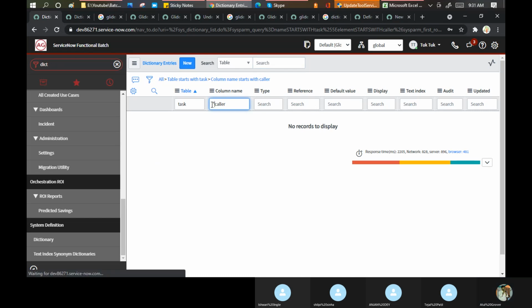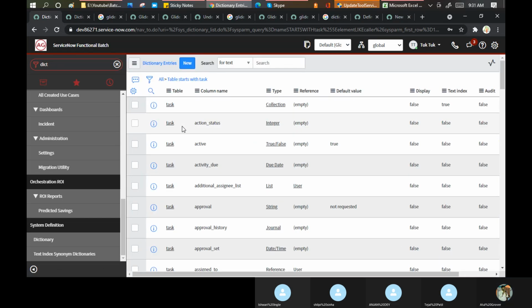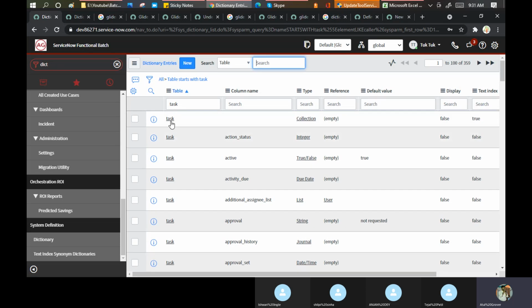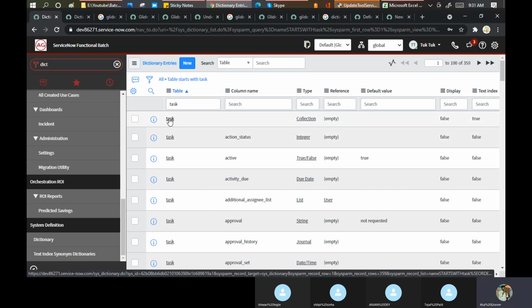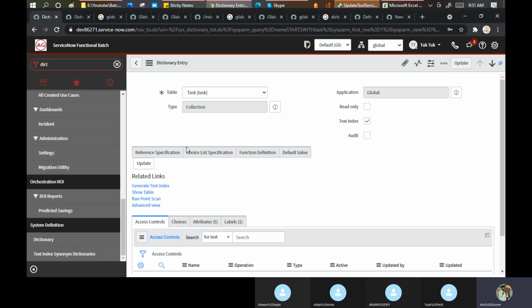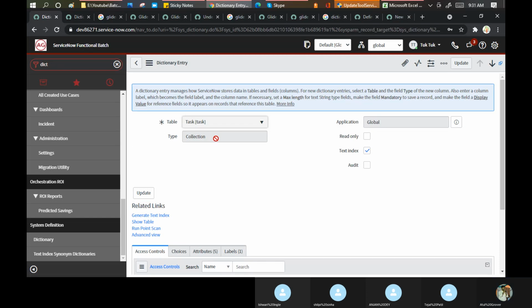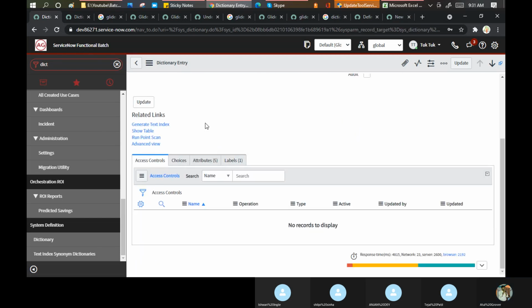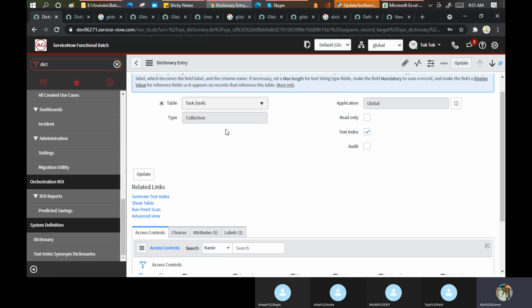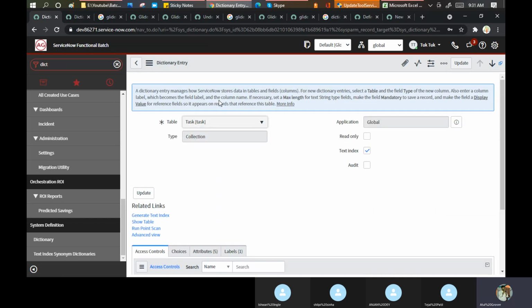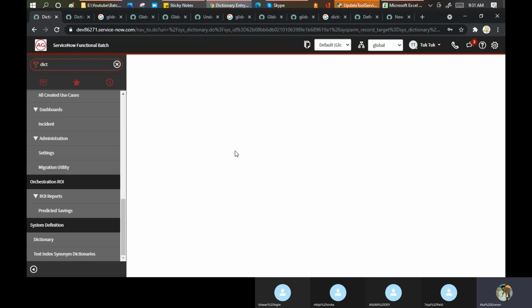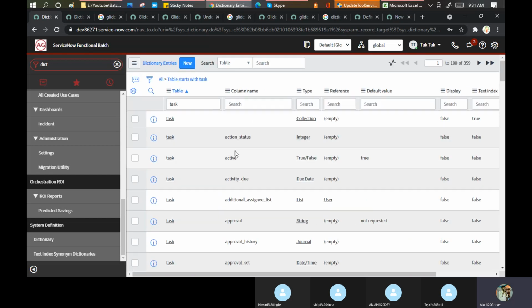Yeah. Why is caller not appearing? Let me go to the task only. Wait. Okay. Let me open the task table here. Okay. Now under the task, I have a lot of fields available. Okay, let it load now. Where did the dictionary go? Are we doing some wrong step all this time? That is what it seems to me.